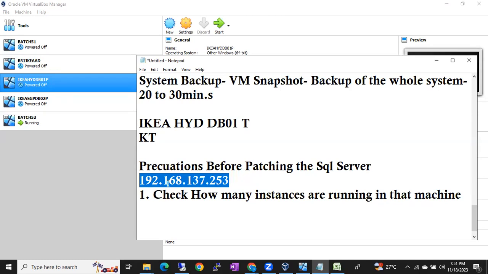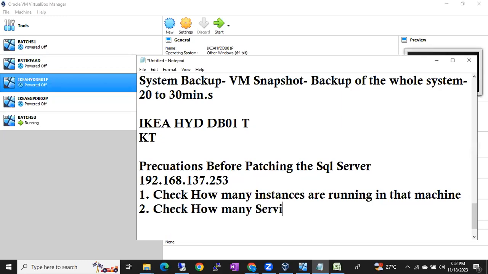How many instances are there? If you have multiple instances, take the approvals from all the other owners also. Tell them, explain to them: this is the situation, so we need a downtime for this particular machine to patch to the current security level. Then make sure you are getting all the approvals from the other owners also. So this is the first thing that you have to check, right? And the second thing is, check how many services are up and running